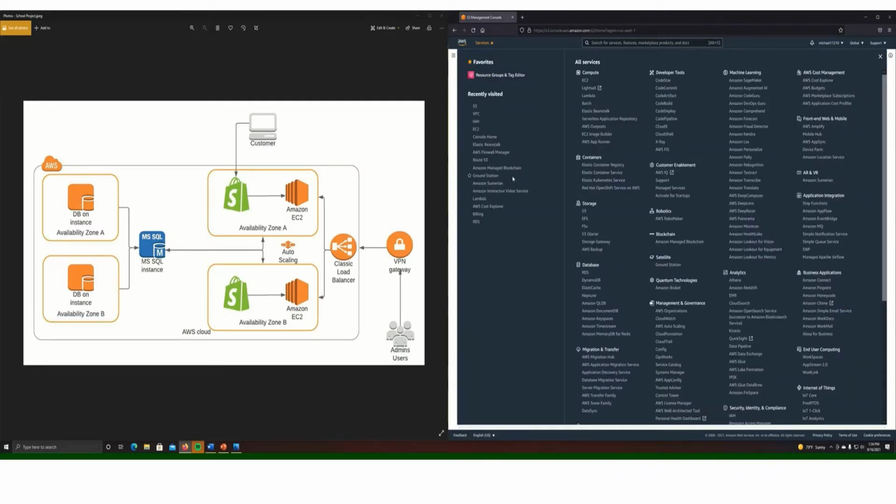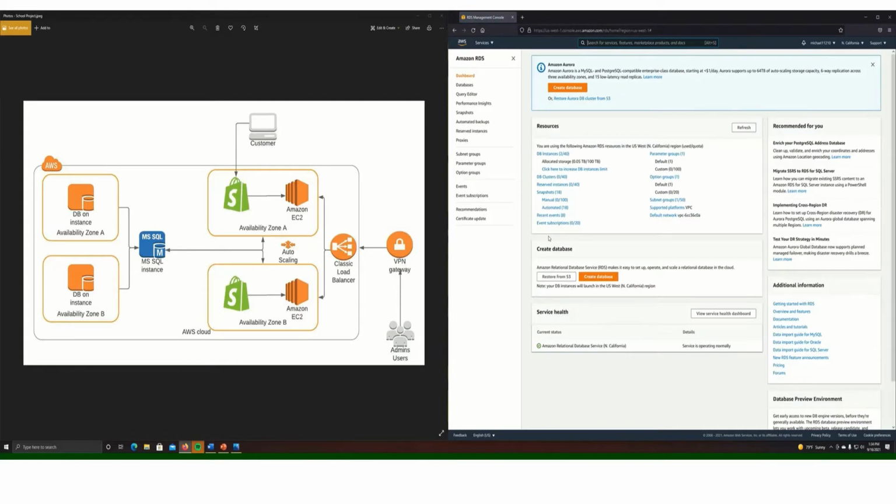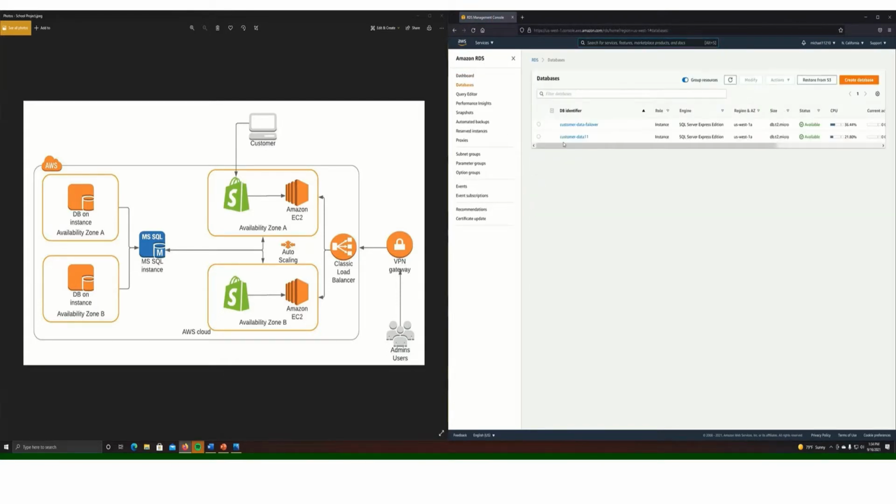All right, so let's see here. Let's go to RDS. Waiting on that to load. All right, so let's take a look at our DBs. These are going to be these two DBs right here, availability zone A and availability zone B. This is going to be our primary database right here, customer data 11, and then this is going to